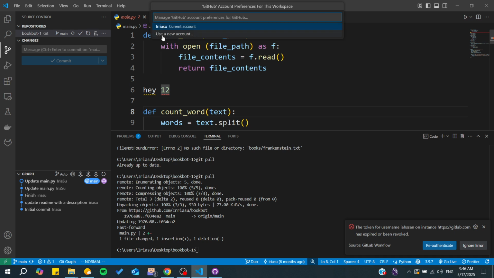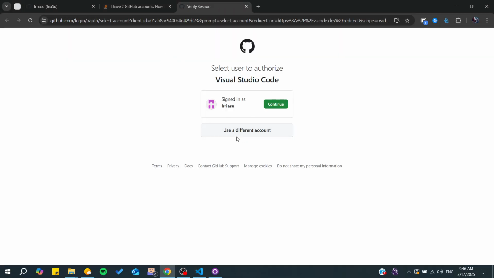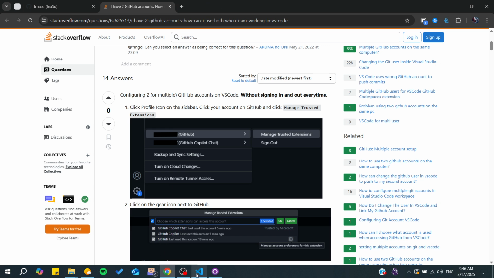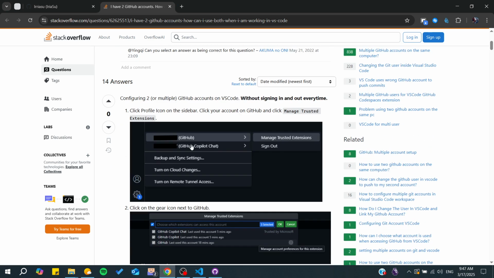And from here, you can use a new account. So you have the current account, and that means you can have multiple accounts. You will need to log in, so you will need to use a different account. You sign in, and basically it will be added, as it is saying here in this Stack Overflow